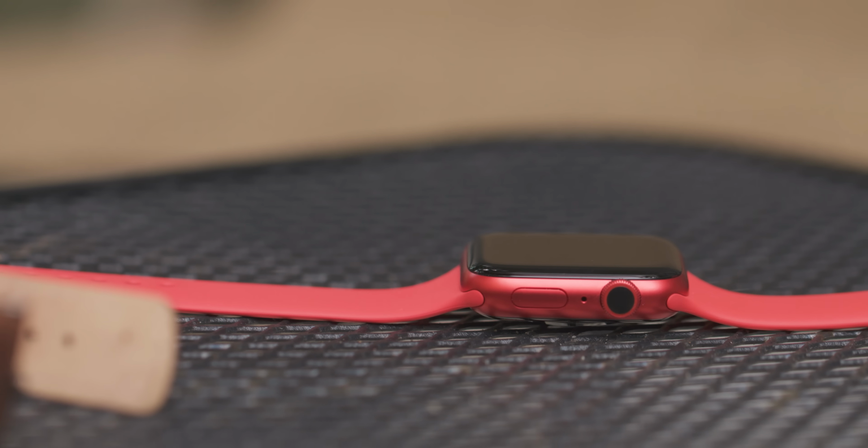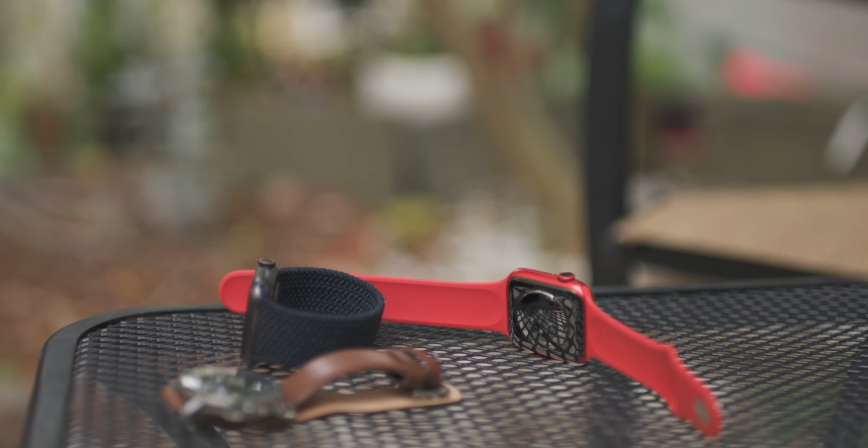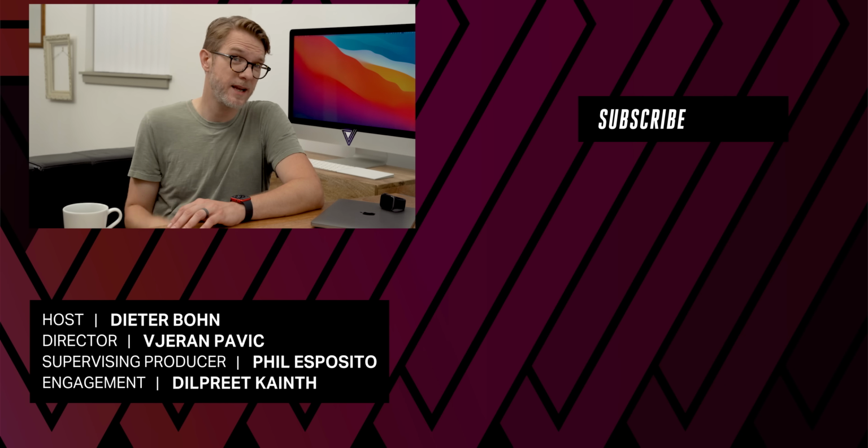That is all true for the Apple Watch Series 6, but it's also true for the less expensive Apple Watches. The second, third, and fourth best smartwatch are the Series 5, the Apple Watch SE, and the Series 3. Basically what I'm saying is, if you need an Apple Watch, get the one that fits your budget and don't sweat the upsell. It's really not as good as data as you could get from a